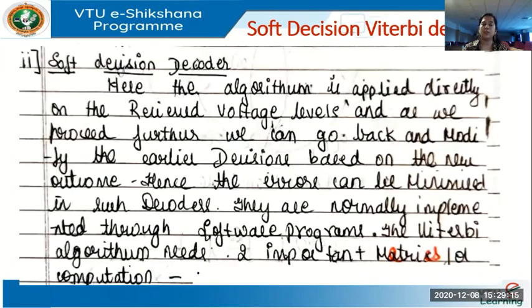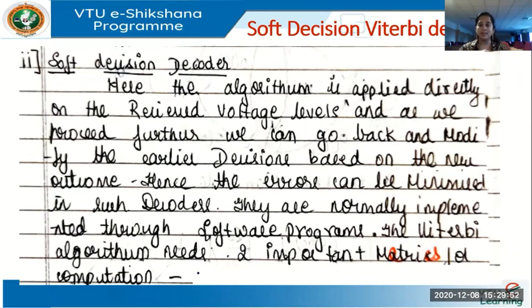What is a soft decision decoder? Here, the algorithm is applied directly on received voltage levels. We'll not say this received voltage level may be a 1 or 0. We'll not even decode it to one of the levels. We are going to apply it directly on the voltage levels. And as we proceed further in our decision making through the trellis, every time we find the distance is exceeding some limit and there is another minimum distance path, we'll go back and make a change in the earlier decisions.